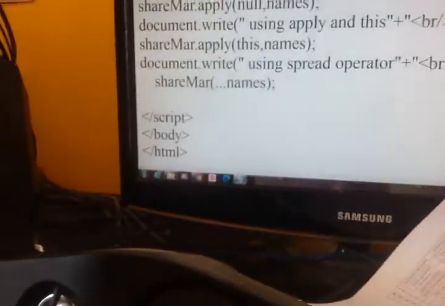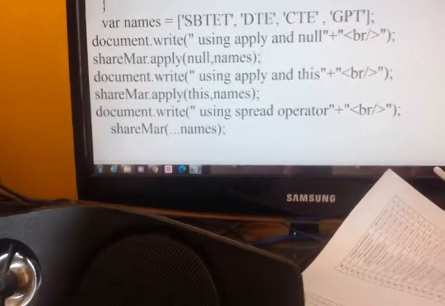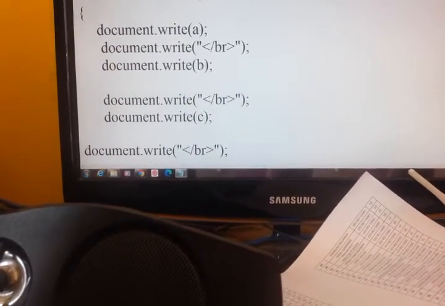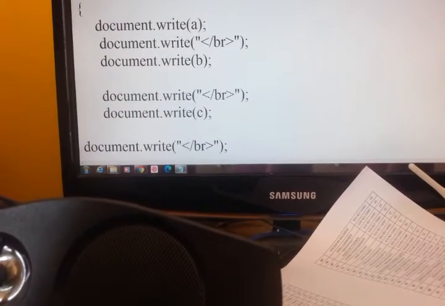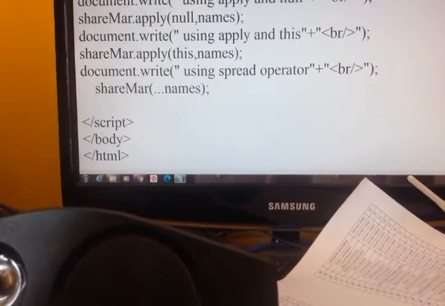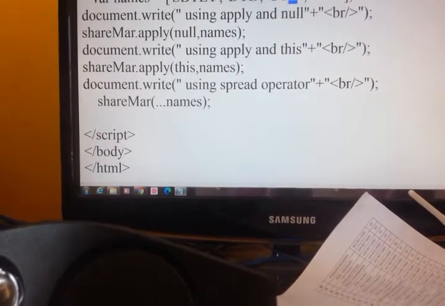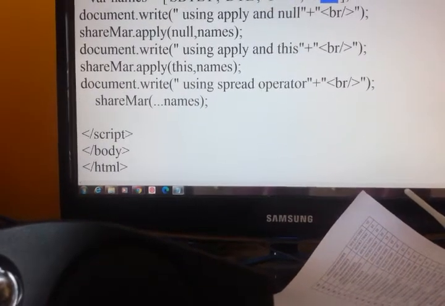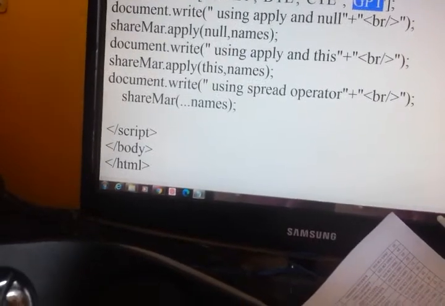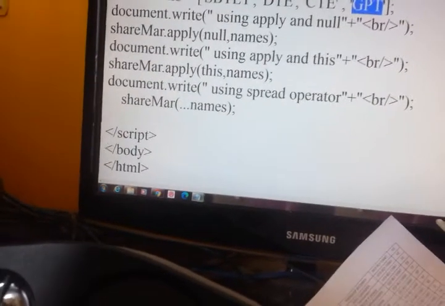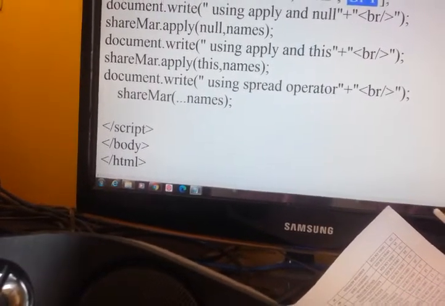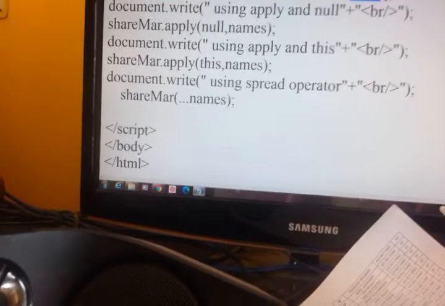As these are the elements in the function definition, we have taken 4: A, B, C, D. We are treating A as the first element, B as second element, C as third element and D as fourth element. So taking each and every item of the array as one parameter in the function.